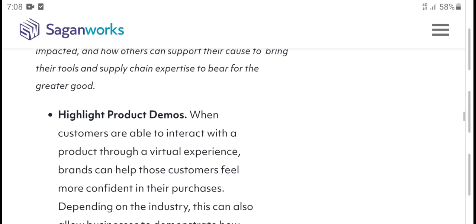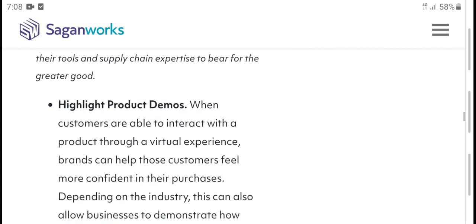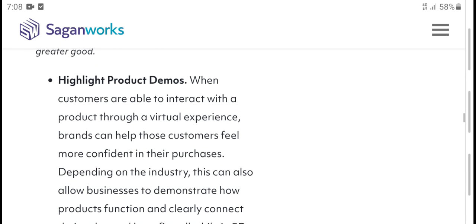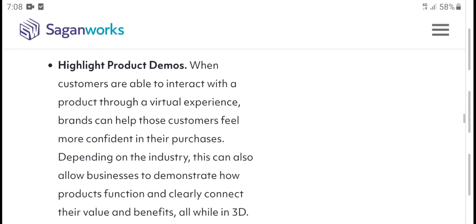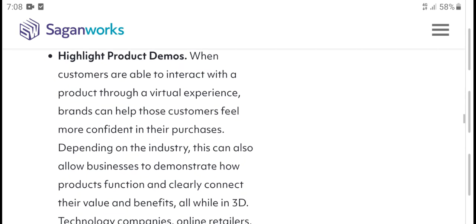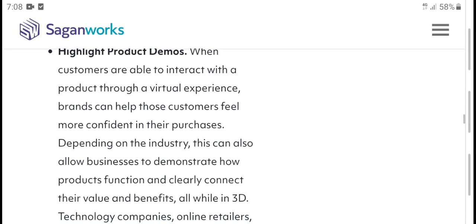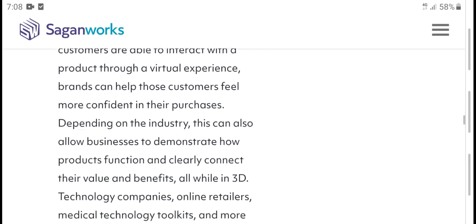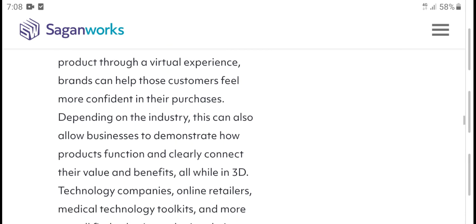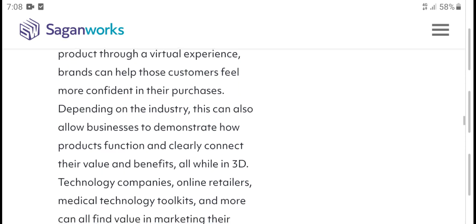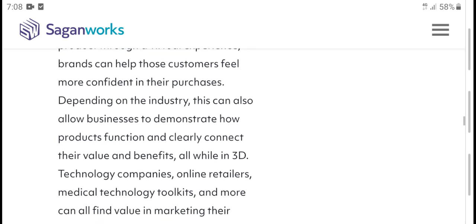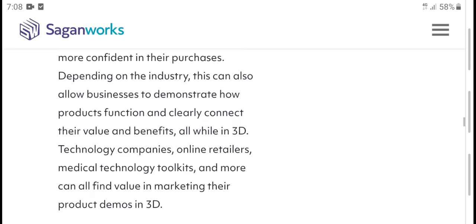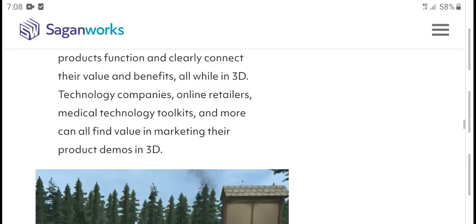A brand can help its customers feel more confident and purchase, and depending on the industry can also allow business demonstrations of product foundation and clearly communicate the value, benefits and more. 3D technology compresses for online retailers, medical and technical tools, which can all find value in marketing their product demonstrations and 3D